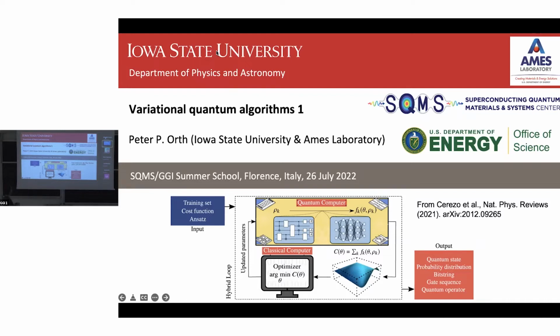The reason it's called variational is that typically you prepare a certain quantum state on the quantum computer, which in practice means you apply a circuit that has gates with real parameters that parameterize rotations, for example. You could just have a circuit as shown here. It's a little small, but it has CNOT gates, which are not parameterized, but then single qubit rotations by some angle theta. These angles theta are the variational parameters that characterize your state. When you vary theta from 0 to pi or so, you create a manifold of variational states, and you can create those states on the quantum device.